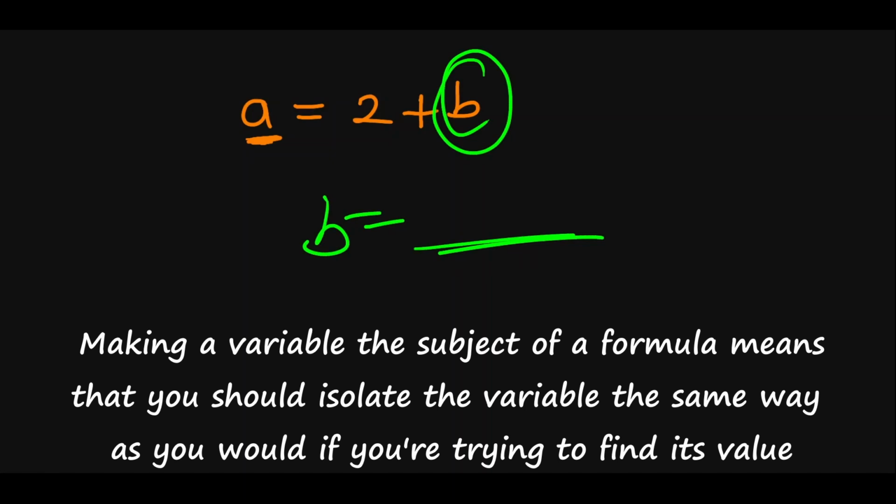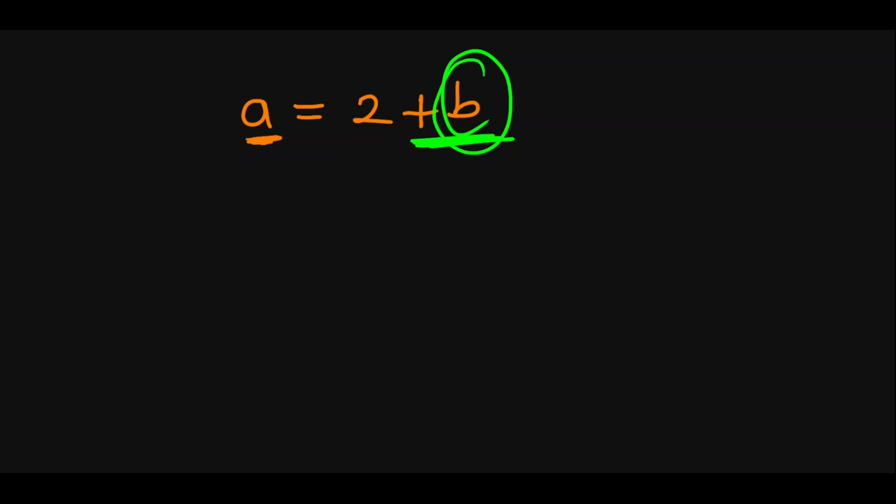So how do we do it? Same thing as finding what x or y is. The only difference now is that we won't get a definite value as an answer, but we are going to now get a new structure for the formula. So what do we do? We have to find a way to isolate b. To do that, because we prefer writing from left to right, let us mirror this equation and write it as 2 plus b is equal to a, so that we know that we are writing left to right.